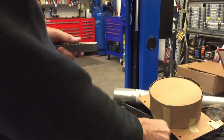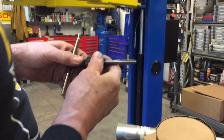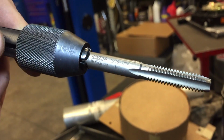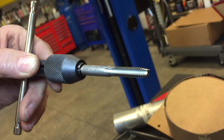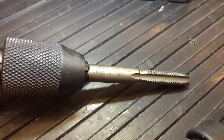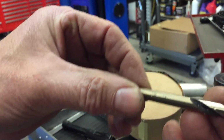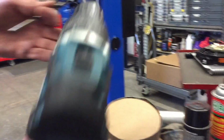So here's what I got going on. I decided to tap these holes 5/16-18. Let me get my handy dandy flashlight here because this might be hard to read, but you can see there it says 5/16-18. And right underneath it, see where it says F? I hope you can see that. Most taps tell you what size drill bit to use to tap the hole. I'll jockey this around. Okay, so now type F. That means I needed a type F drill. I don't know if you can see it, but this is a type F drill. It's a letter drill. So I'm going to put that in here,